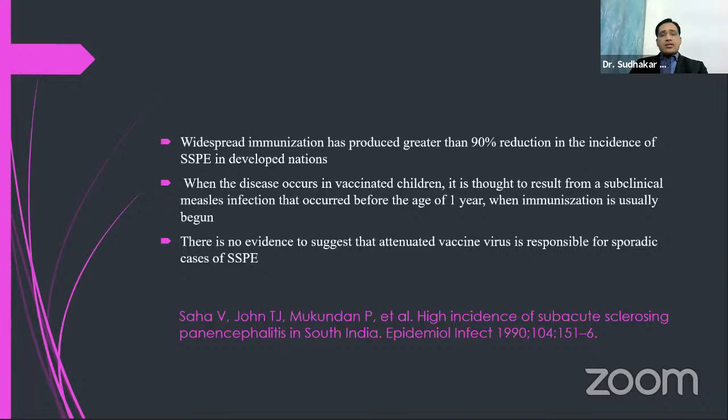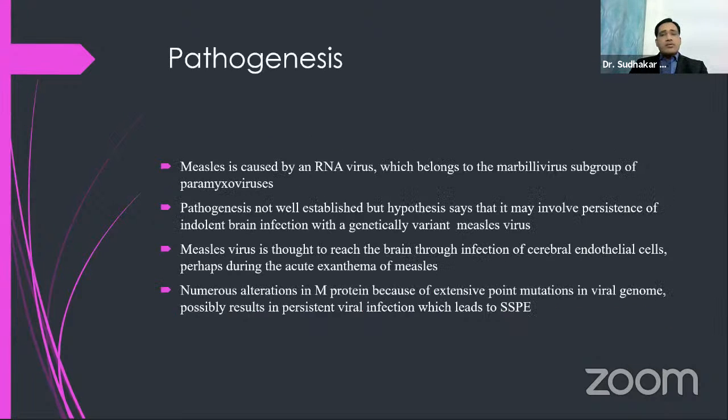But till now, there is no evidence which suggests that this MMR vaccine, which is an attenuated vaccine, is responsible for sporadic cases of SSPE. So regarding the pathogenesis, measles is caused by an RNA virus. It belongs to the Morbillivirus genus of paramyxoviruses. Although the pathogenesis is not well established, the hypothesis says that it involves persistence of an indolent brain infection with genetically variant